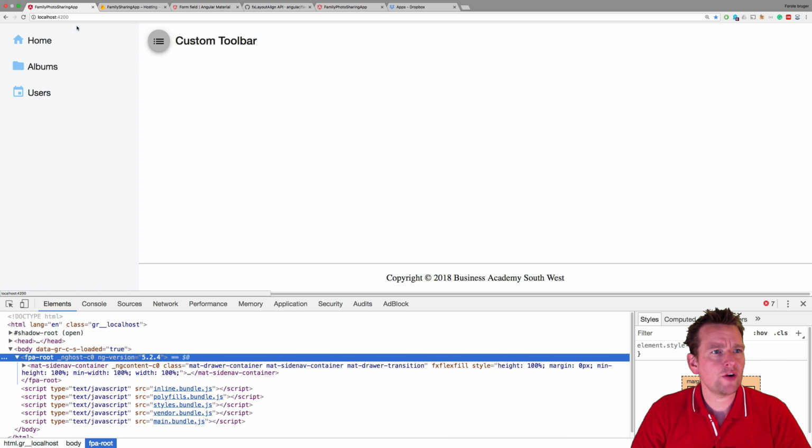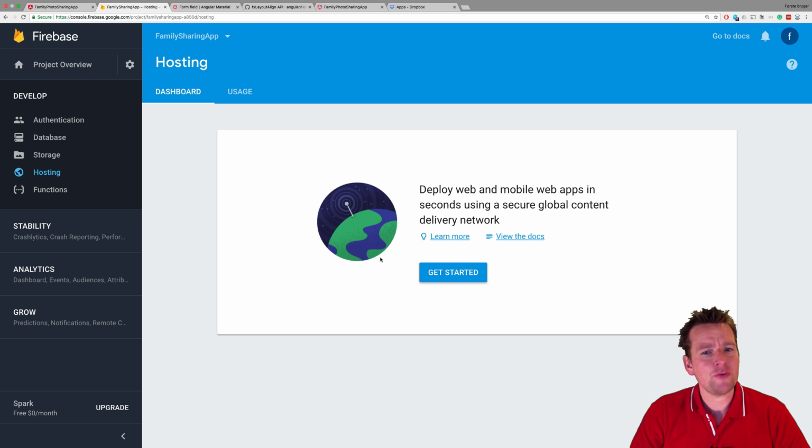Welcome back. So we have this small running app on localhost. Now we want to try and host it on Firebase. That's the goal of this lesson. Now, before we actually start working with the getting started guide, I know there's something we